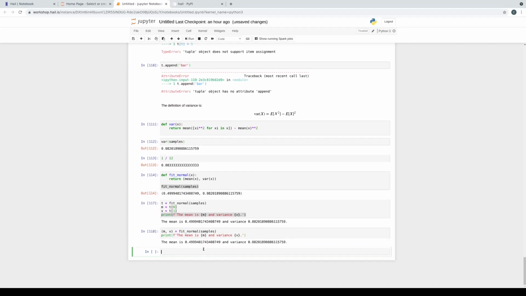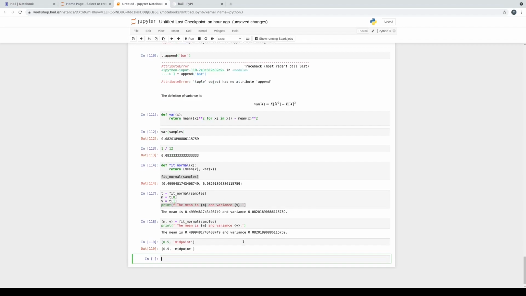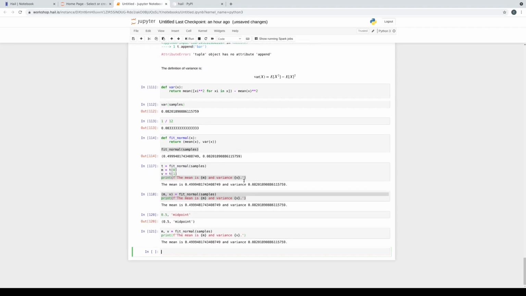There's actually one more convenience with tuples, which is that in many cases, it's not necessary to put the parentheses around a tuple, and Python can figure out that you actually mean a tuple. So, right, we saw 0.5 midpoint gave you a tuple, but now if we go back and we remove the parentheses, we see we still get the same tuple. And this also works in destructuring. So we'll just take that exact same example and we'll remove the parentheses. And then when we run it, everything is great. Tuple destructuring.